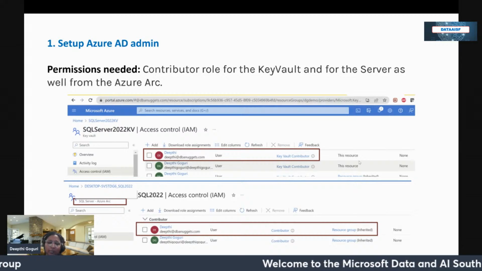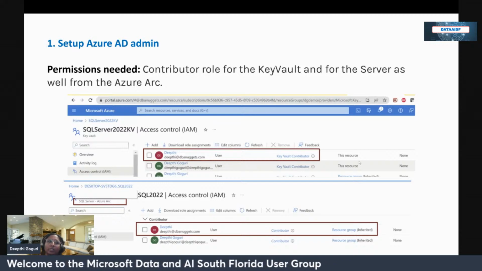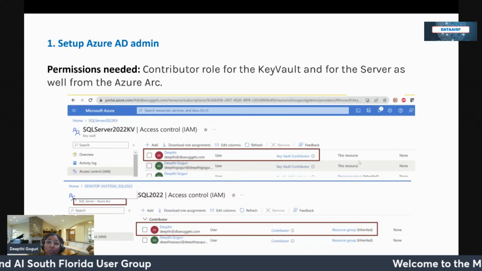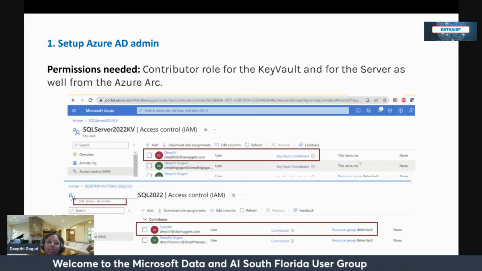So first step is to set up the Azure Active Directory admin. First we need to have someone as an administrator to do this. So I am using my credentials, Deepthi, my account, to be the Azure Active Directory admin, and that account needs to have